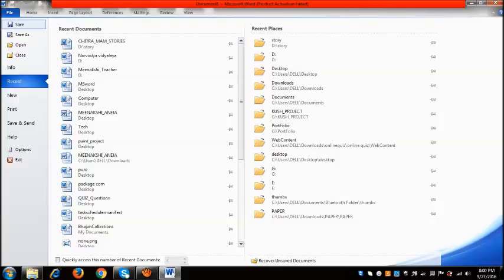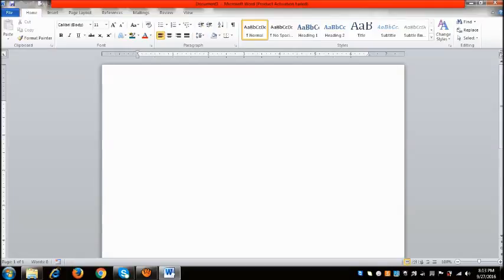Well, here you can see right now it's showing recent documents, recent places. It's showing you the documents which you have opened earlier, or which you have worked on earlier, or the recent places where you have stored or explored your file, right? So it shows you the basic file-related operations. This vertical blinking line is known as the cursor. It shows the position from where you can type your text, right?